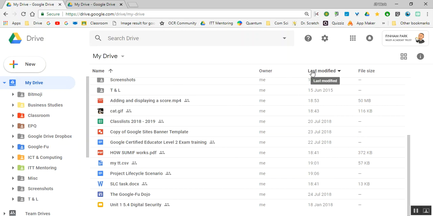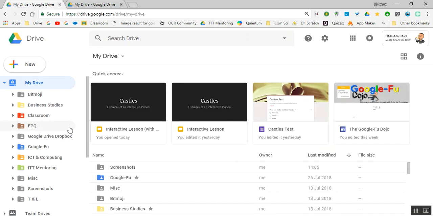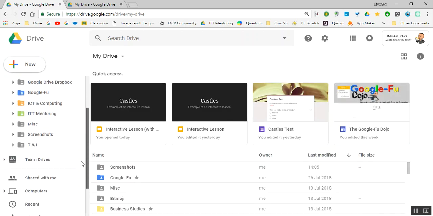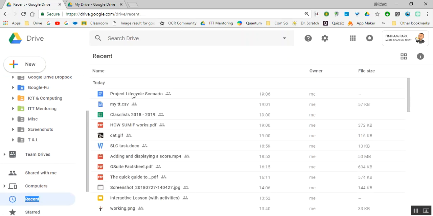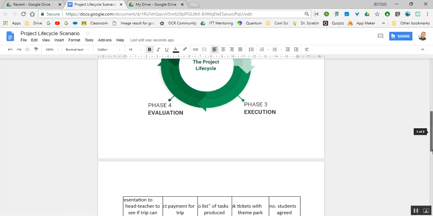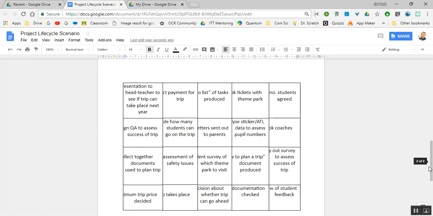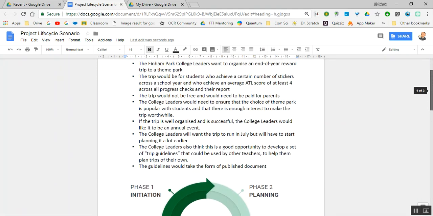Hang on a minute, let's see, last modified, or even better, let's look at recent, because that's just popped in there now, isn't it? There you go, Project Lifecycle Scenario is uploaded, and it's in a Google Doc format, not a Word format. So if I open it, that's what it looks like now. Okay, so pretty much the same. It's imported the table, a little bit of formatting needed there, the image is there, the text is there,